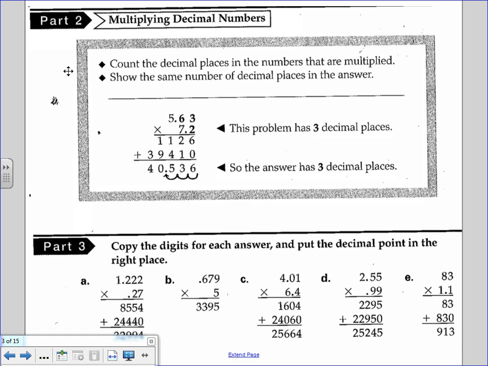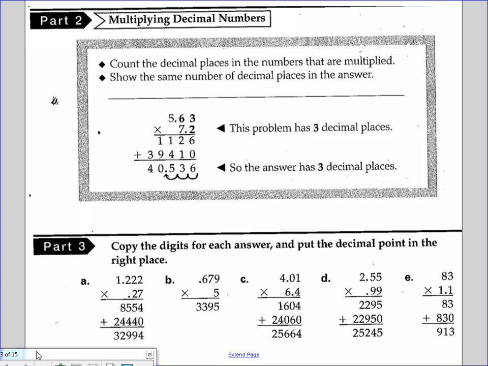All right, this is the review for part 2 of Mastery Test 1B, which you have coming up. So here we are just looking at multiplying decimals and making sure we put the correct number of decimal places in our answer. So if you look at the example up at the top,